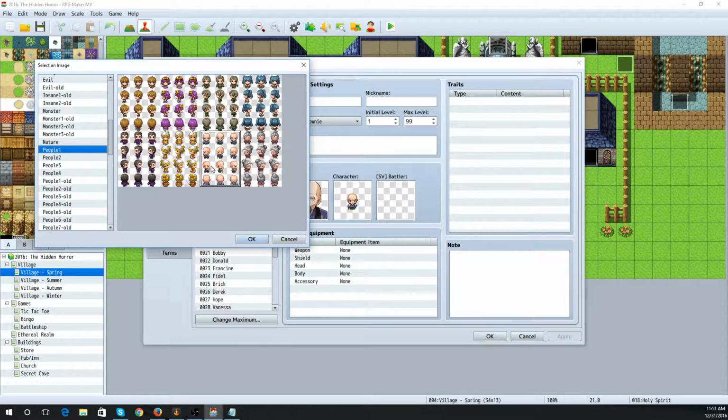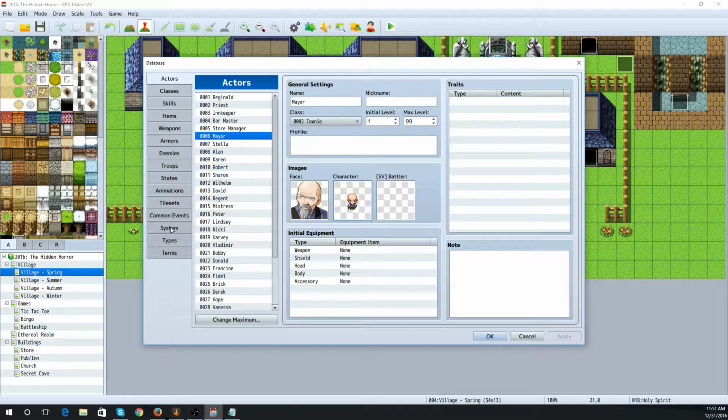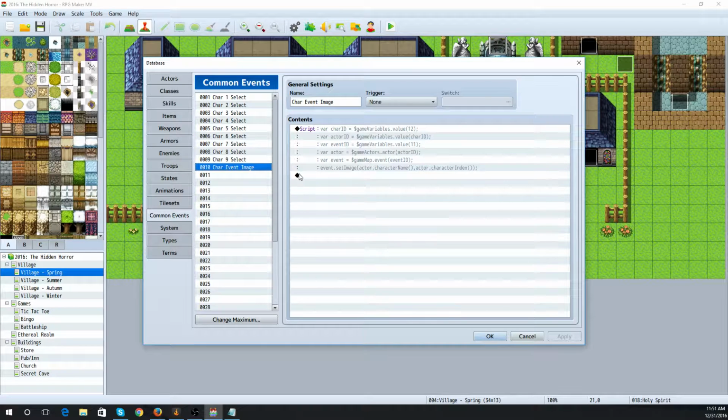So people 1 slot 6 is the information stored in those variables. So actor.character name gives us people 1, actor.character index gives us slot 6. And that's how we pull that image and then apply it to the event, which is going to be event